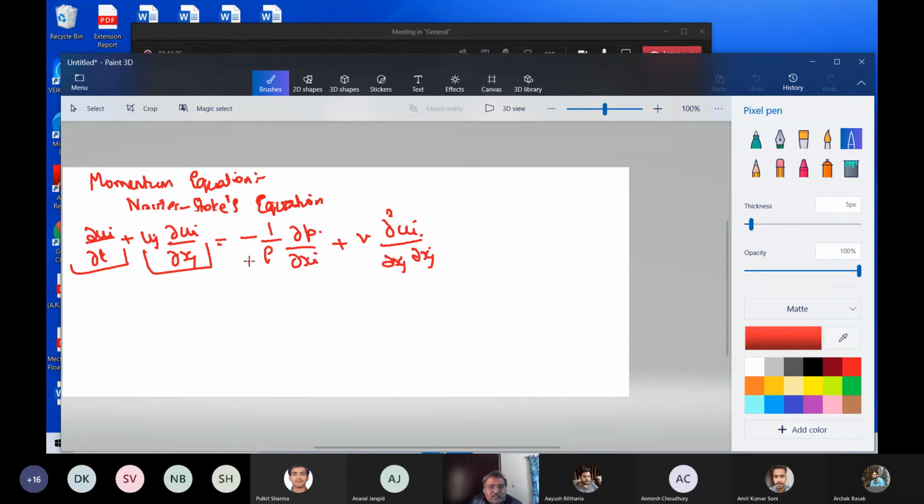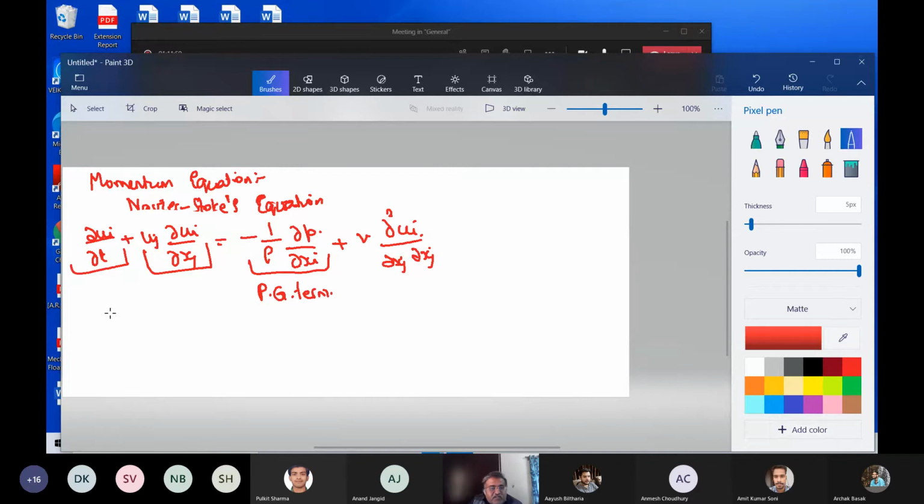And then this basically is the pressure gradient term. There's nothing much to describe in it. This implies dou p by dou x. You have to be careful: when you have i here, you have i here. So this is dou p by dou xi. This is the pressure gradient term. Nothing more to talk about in that.